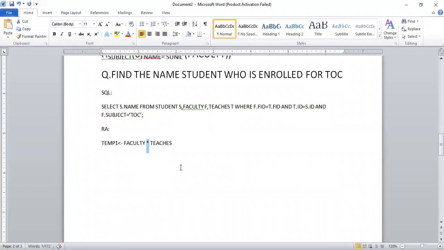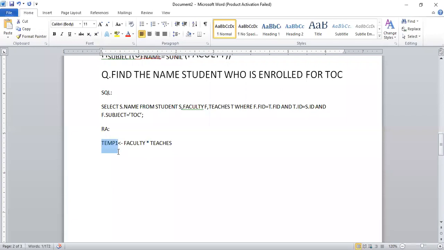If it is difficult to put that symbol, you mention this star, which is present in your laptop or system. So the first natural join is faculty to teachers, and now it is stored in temporary one.